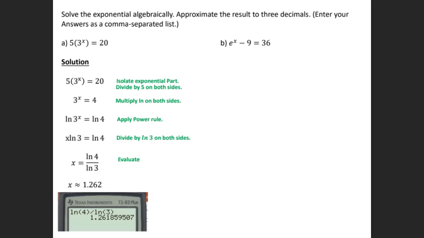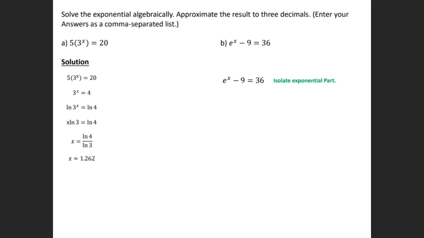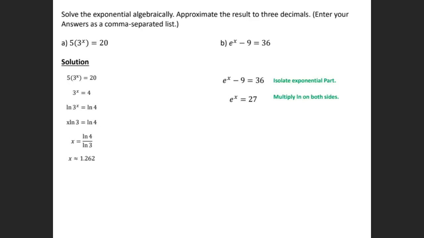Yes? All right, I have 7 more minutes. I'm going to try to cover a little bit more of these. Again, B, here, solving for e to the x, the first thing I need to do is isolate that exponent. So let's go ahead and add 9 on both sides. So when we do that, we're going to get,